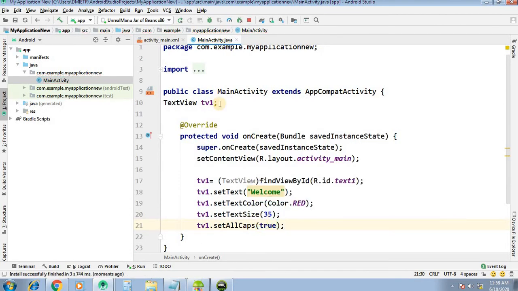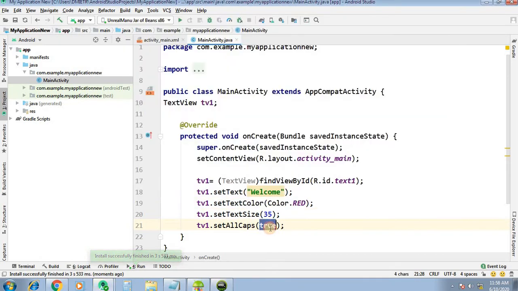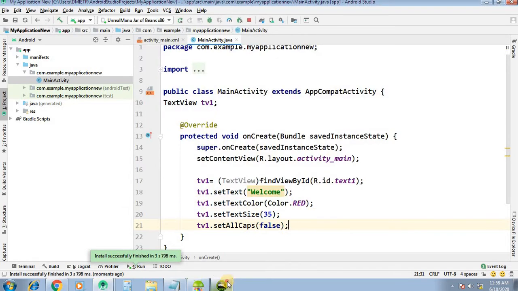This method will set all the letters to capital. If setAllCaps is false, then no changes will be made. So this is what we have created, one text view.